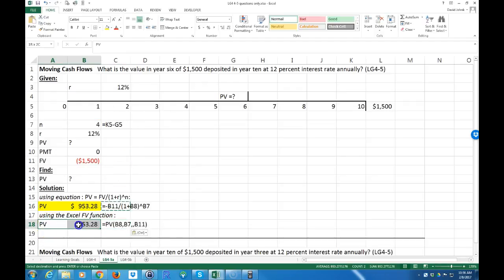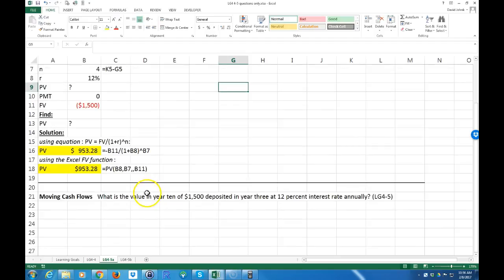Okay, so sometimes you got to be careful in these problems, because it says present value and you're thinking here, but it says what is the value in year 6. So we just have to use it as present value. You have to take yourself in your mind out to year 6, and what's the present value here if I'm going to get this here. Okay. All right. So let's say